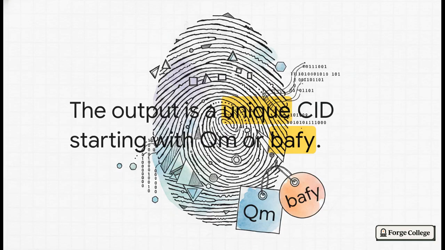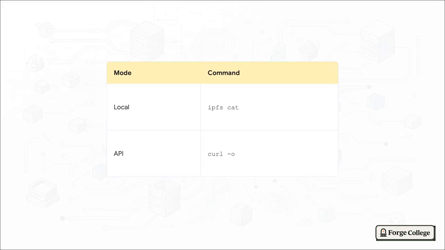This string is literally the mathematically verifiable fingerprint of your specific example.txt file. You just created a permanent identifier. How cool is that? Okay, now we take that brand new CID and actually use it to pull the content back down from the